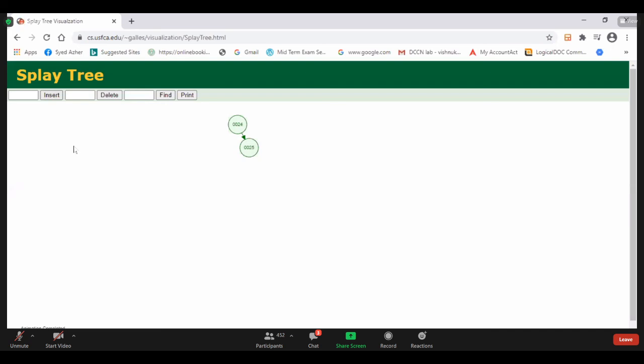Left means which operation? Zig or zag? Yes, zag. This is the zag operation.